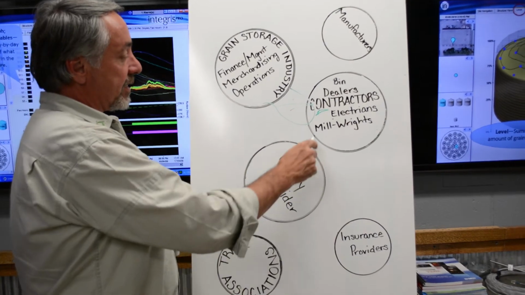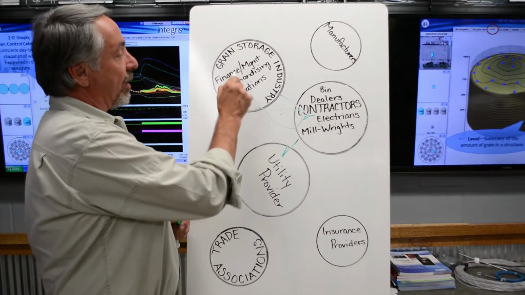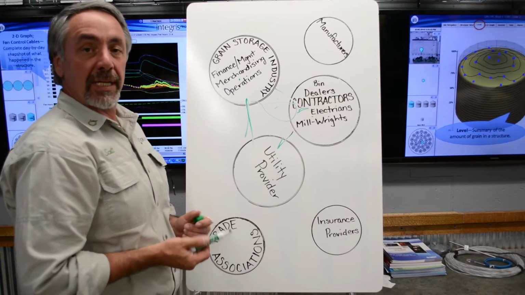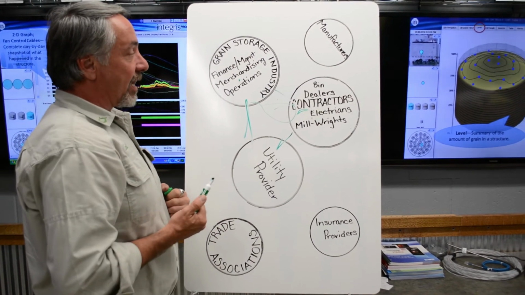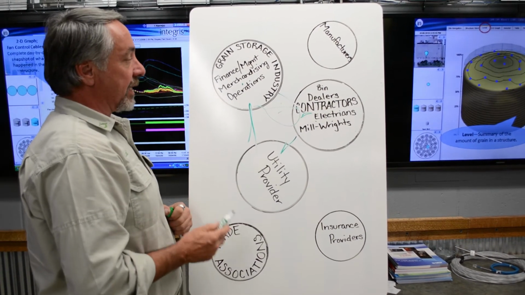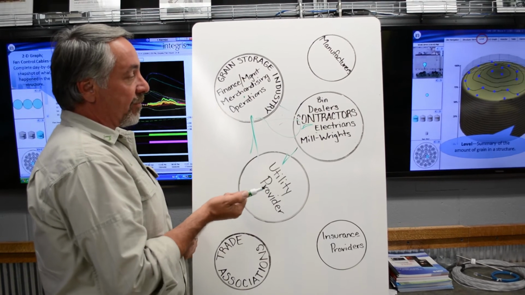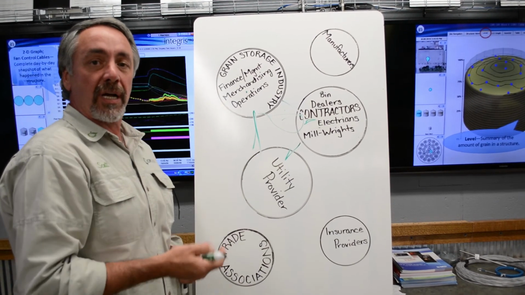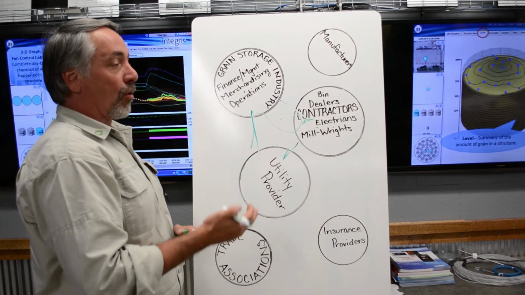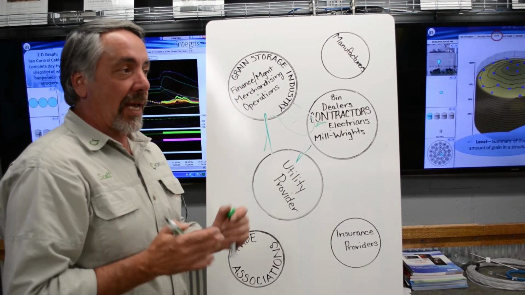Well, the electrician says that there's not enough power, and they get a hold of the utility provider, and the utility provider comes out to the grain facility and they determine that, sure enough, there isn't enough power, and there's going to be a $500,000 charge to bring enough power into this facility. So the grain facility tells the contractors, both the electrician and the millwright, that we need to reduce the cost because we have this big bill,